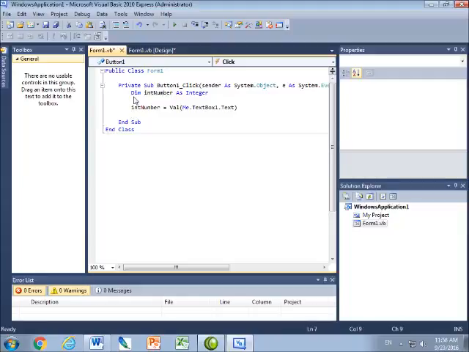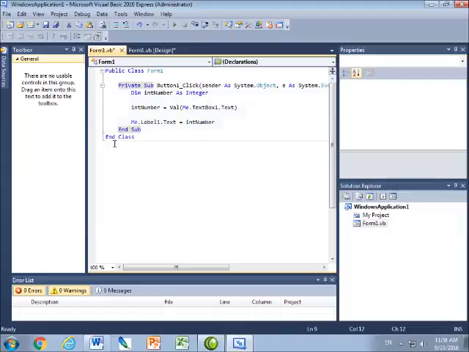So the text in TextBox1 is going to be turned into intNumber. And then Me.Label1.Text is going to equal my number. So it's kind of a useless program, but